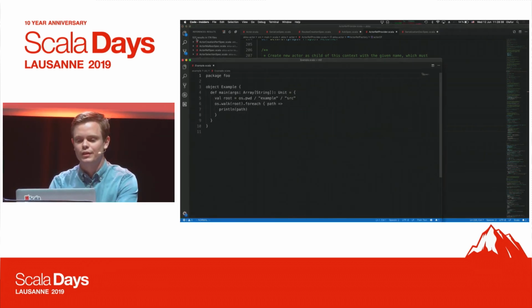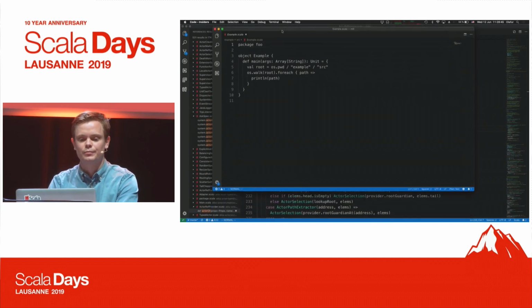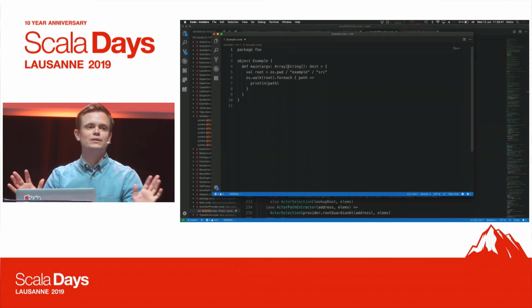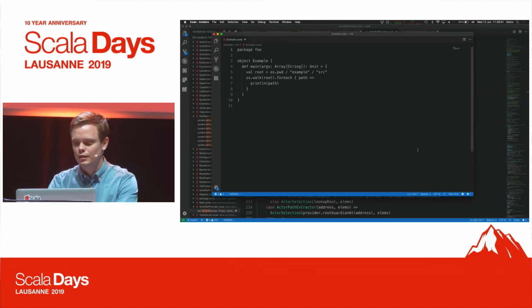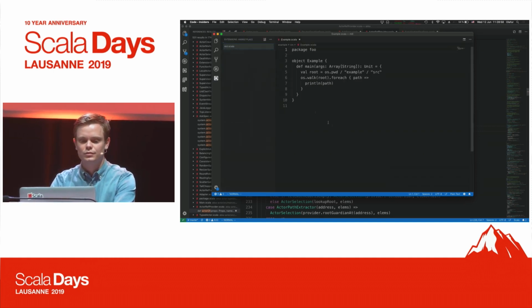Just briefly, another out-of-the-box experience, how it works. I have another installation of VS Code here that has no extensions at all installed. I've opened up just a Scala file in a Mill build, and what happens is that it pops up and says, I can help you with Scala file extensions.